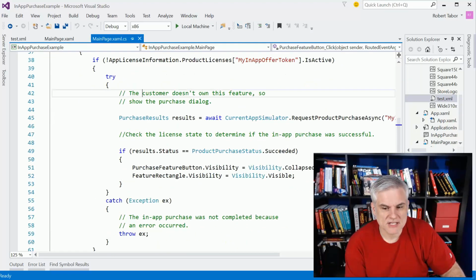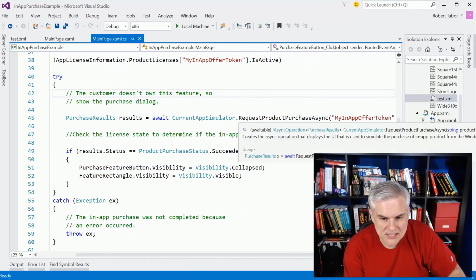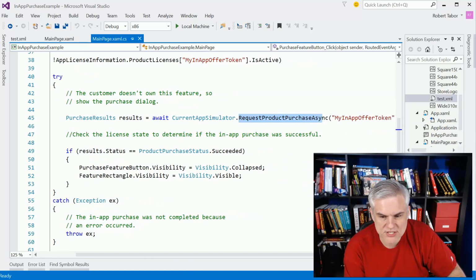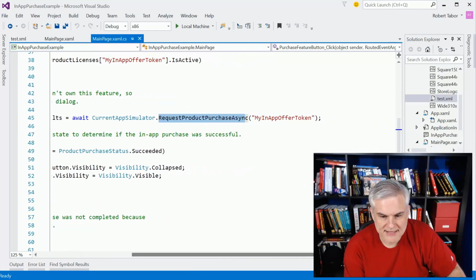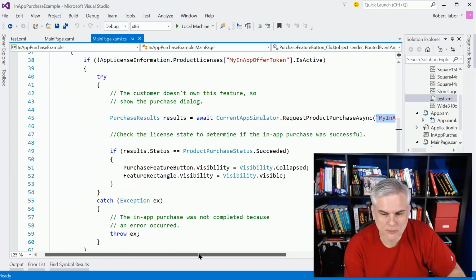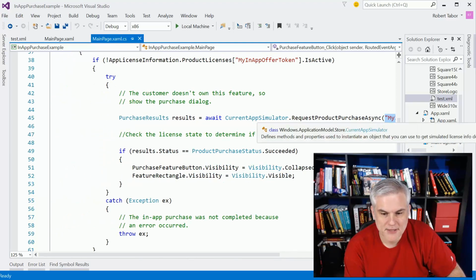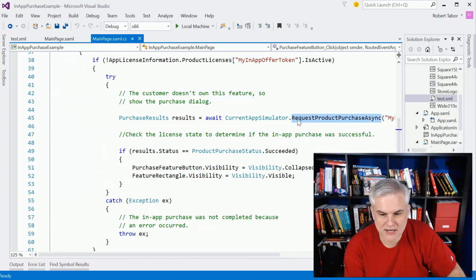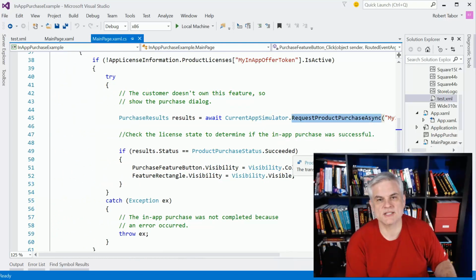However, assuming that we have not already purchased this once, then we want to, and this is the key, make a call into request product purchase async and pass in that token for the product that we're going to allow the user to purchase. So we call current app simulator dot request product purchase async, and that's what pops up